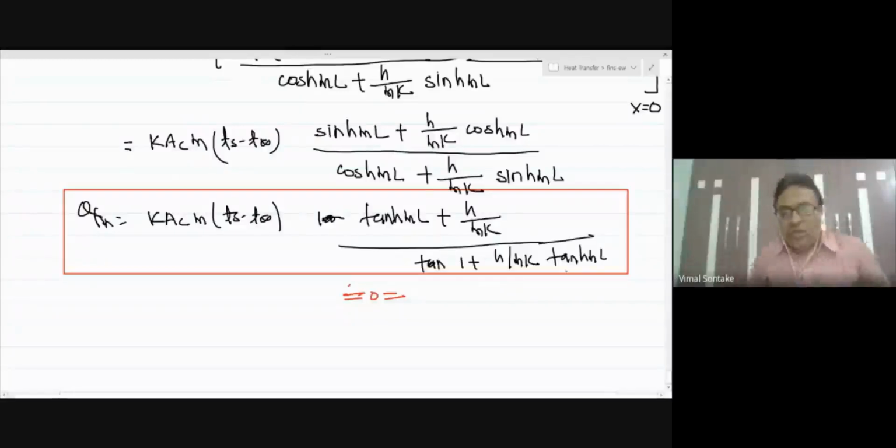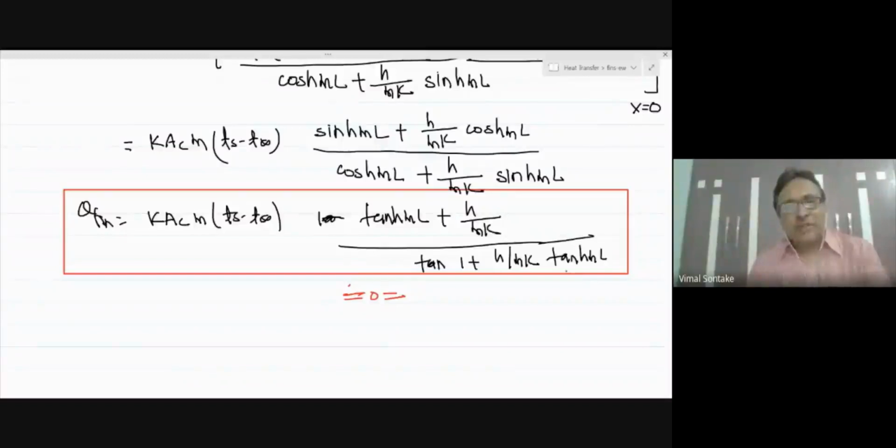Okay, so let us continue our discussion and let us have a recapitulation of what we have discussed so far. So far, we have discussed one-dimensional steady-state heat transfer from extended surfaces. In order to analyze this, we have derived one governing differential equation. Then we have discussed its solution. Then for different